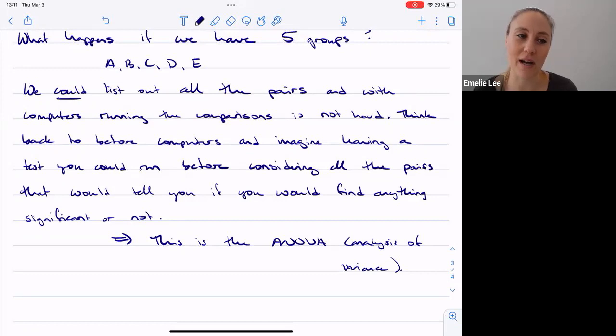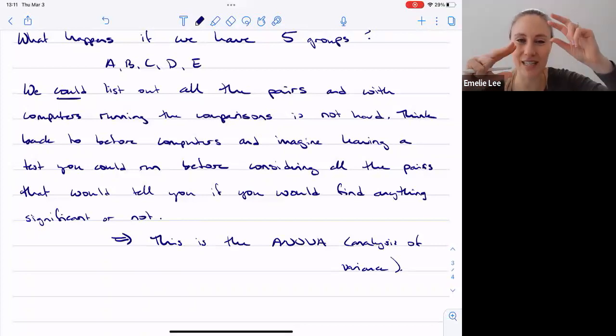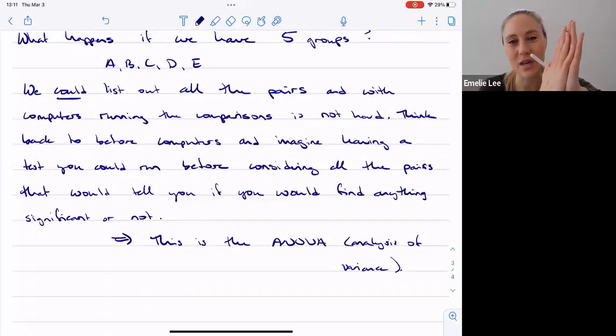So what's interesting about the ANOVA is that it looks at the variance within each group, right? So how much variability am I expecting in each of the groups? And then it looks at the variability across the groups. It's really hinging on the variability, which is the difference between the means and the data points, so similar to what we've seen before. It takes the variability in each of these groups, and then it says, okay, how much variability do I have across the groups?